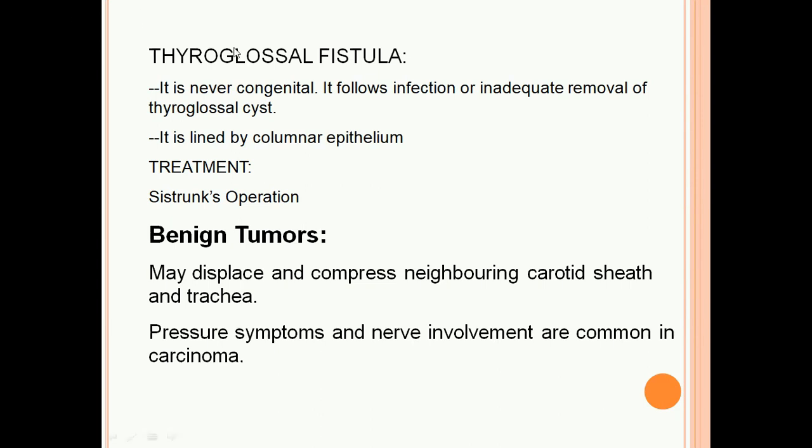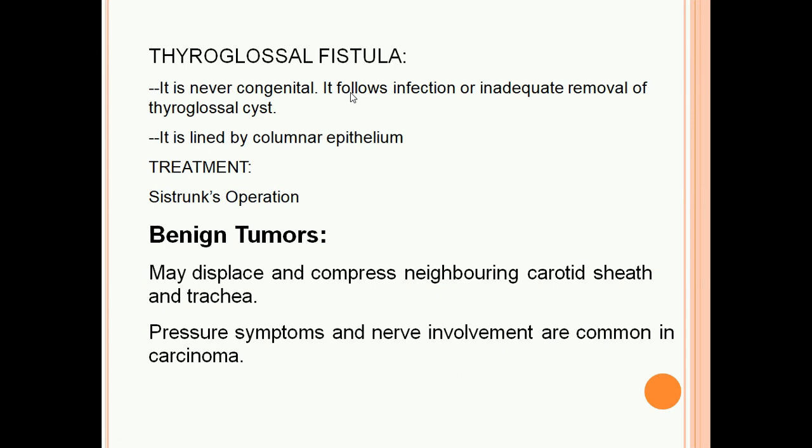Coming to another condition called thyroglossal fistula. The thyroid gland usually develops from a diverticulum seen in the tongue in fetal life. Developmentally, the thyroid gland started to develop from a diverticulum at the foramen cecum present in the tongue. From the tongue it descended to the neck and came to lie over the trachea in fetal life. Instead of descending into the neck, the thyroid tissue may remain at the tongue area, congenitally.